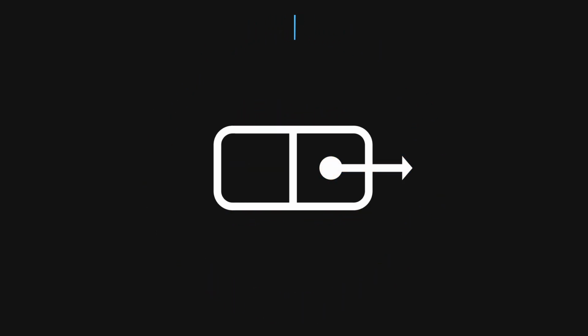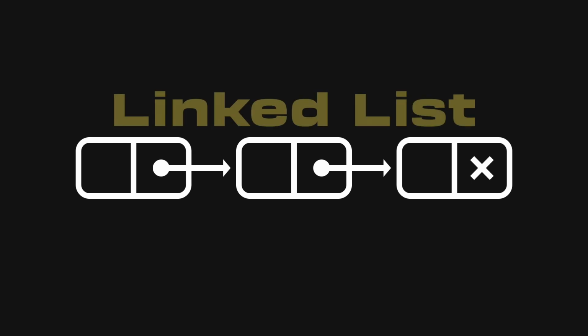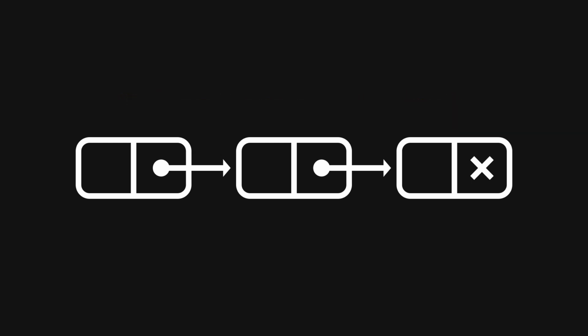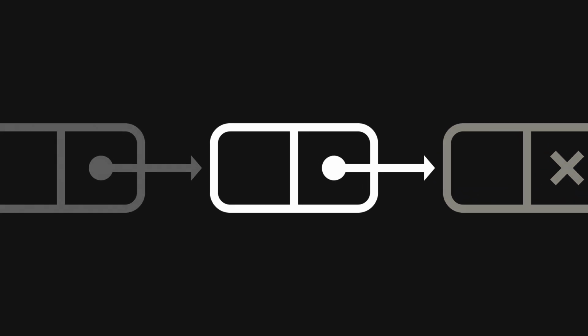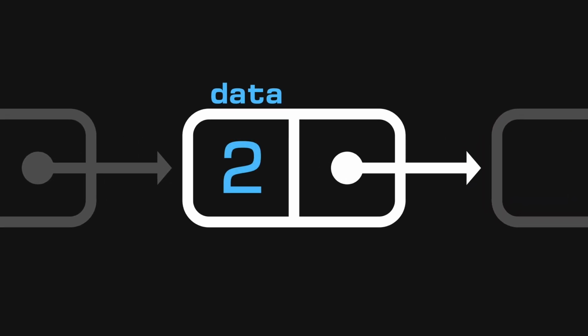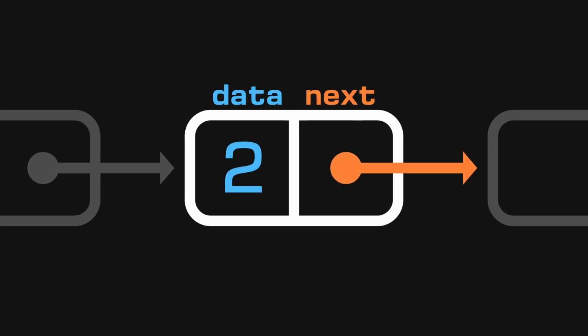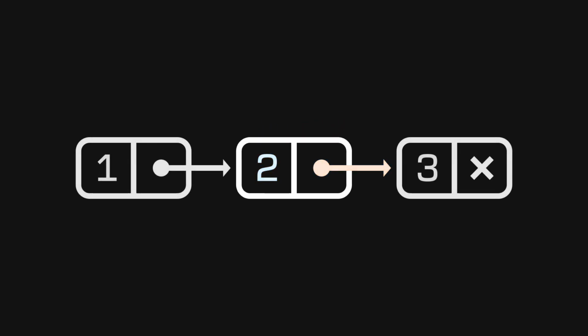Now that we understand what nodes are, let's put some together to make a linked list. This data structure is a series of nodes that are linked together in a linear fashion. Each node has 2 fields. One stores the data and the other stores a pointer to the next node in the sequence. The linked list structure as a whole stores a pointer that points to the first node in the sequence, which